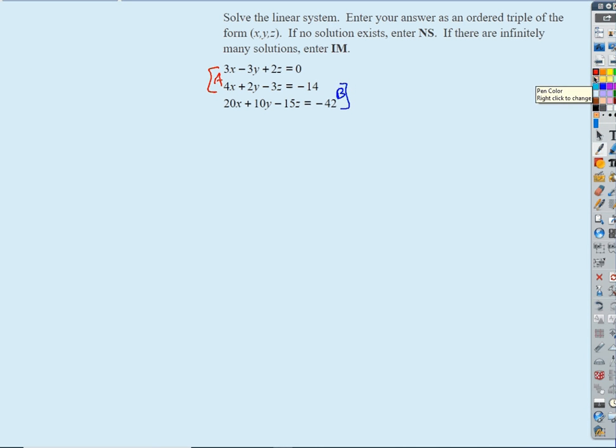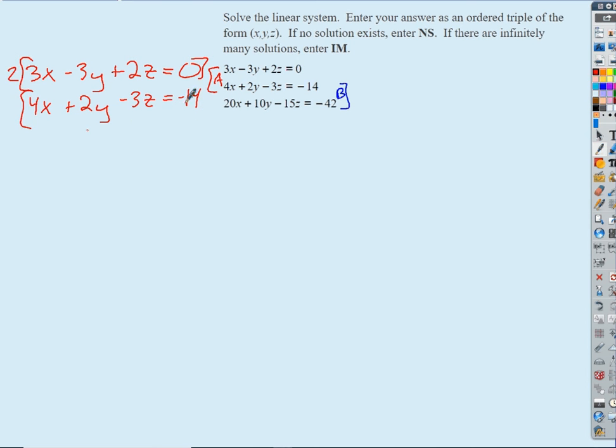Okay, so system A is going to become 3x minus 3y plus 2z equals 0, and 4x plus 2y minus 3z equals negative 14. What do I need to do to get rid of the y's? Okay, good. Top by 2, bottom by 3. And that would give me